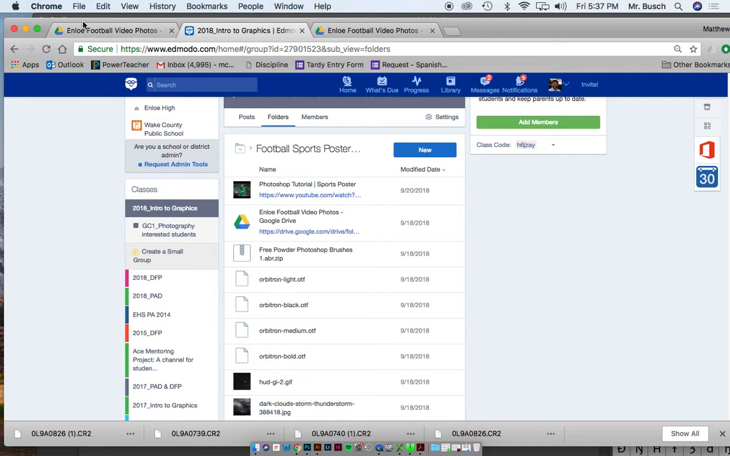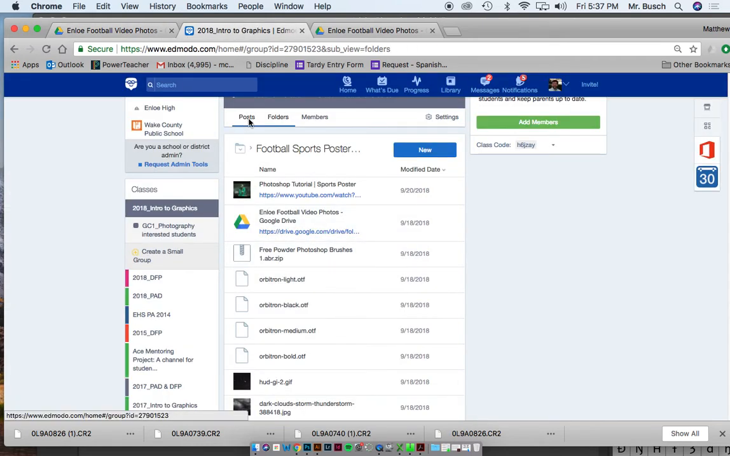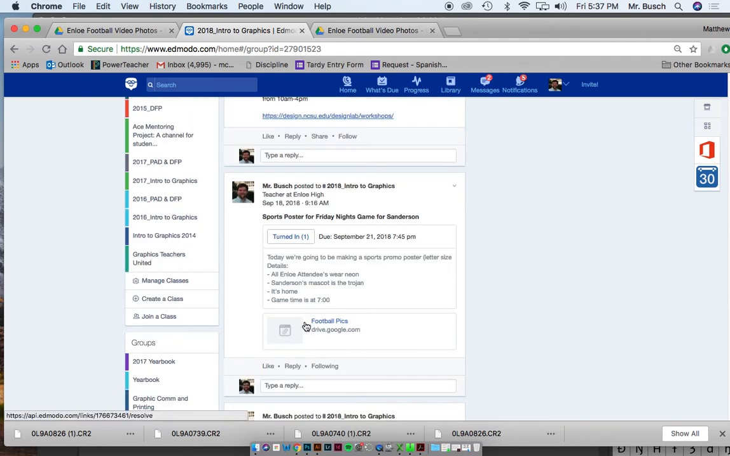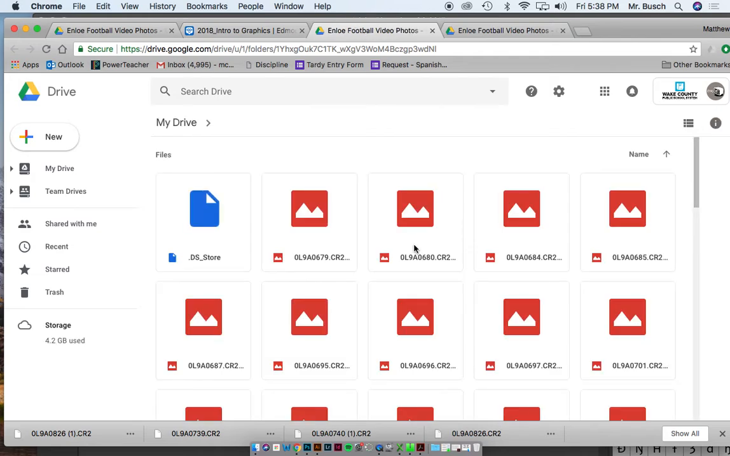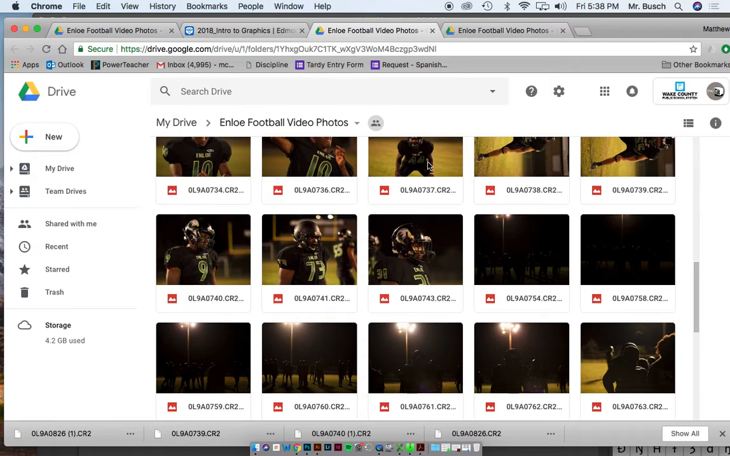Okay, so you were provided this folder here of images of the football team on the posts for this assignment. They're right there. Okay, so what I'm going to do is walk you through it. If I click this link here, it opens up this Google Drive. Let me give this a second to load. I'm going to choose a photo of this football player here,